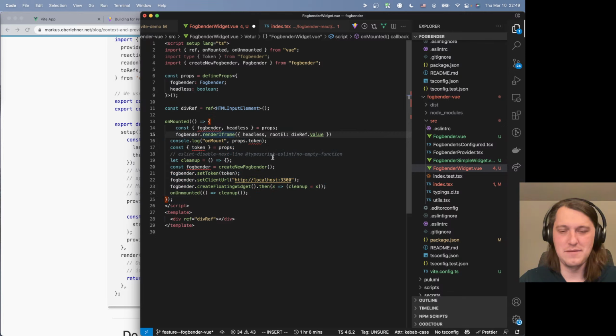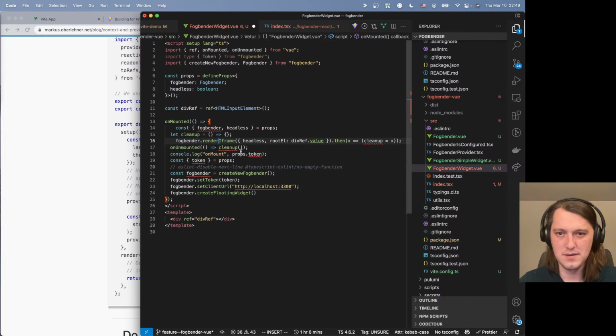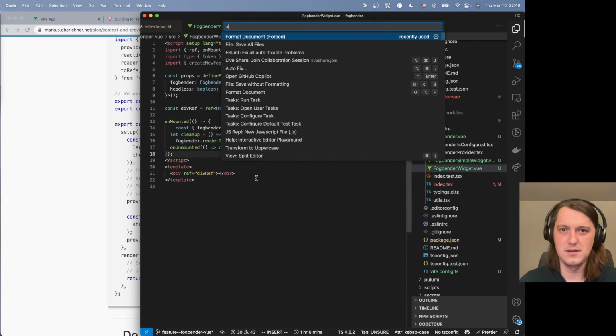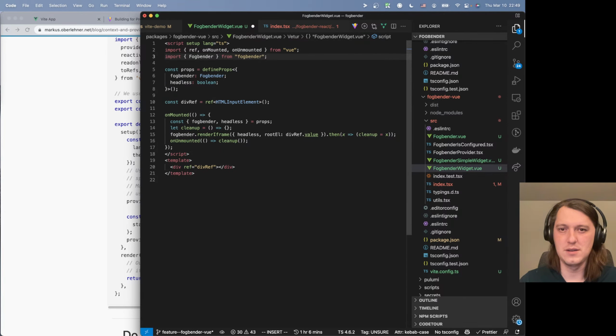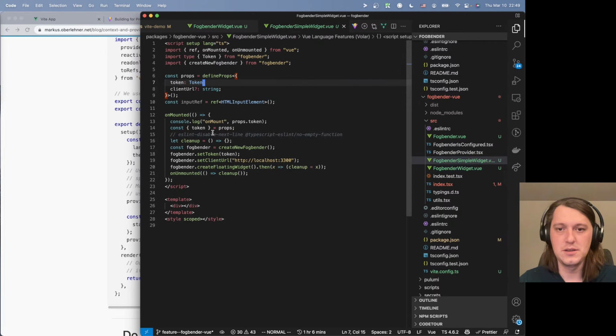Okay, so render iframe returns a promise. So I guess it's kind of like the same stuff that we had here. And so mount that stuff and this stuff. So it means you need any of that. Now format. We need this, we need this. Okay, so now we can go to fogbender simple widget, and there we have